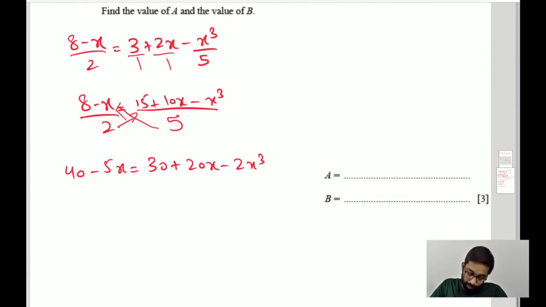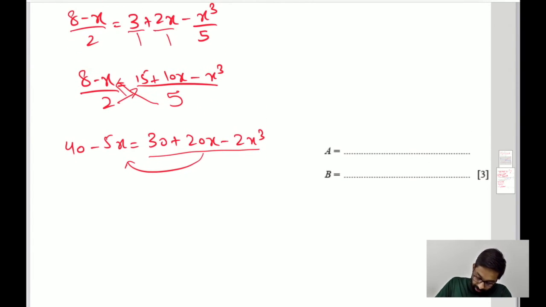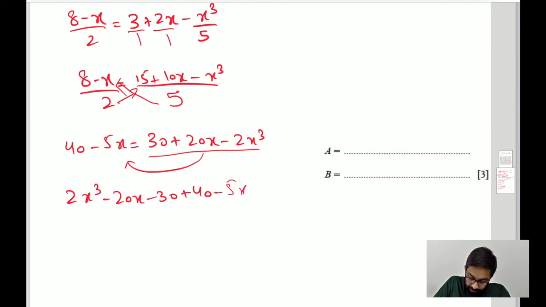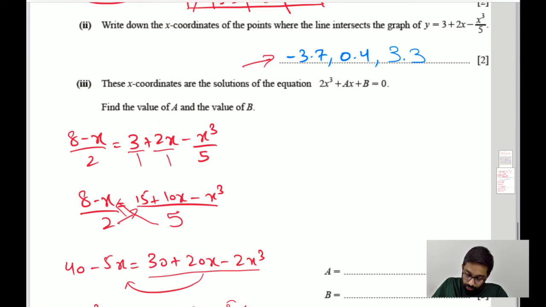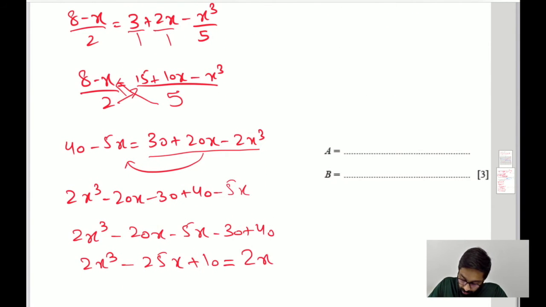Okay, now let's bring the x cube and all these values to the left side so that the x cube is positive. So when I do that, I get 2x cube minus 20x minus 30 plus 40 minus 5x. Now let's simplify this. You get 2x cube minus 20x minus 5x minus 30 plus 40. The simplified version of this equation is 2x cube minus 25x plus 10, which should be equal to this equation right here, which is 2x cube